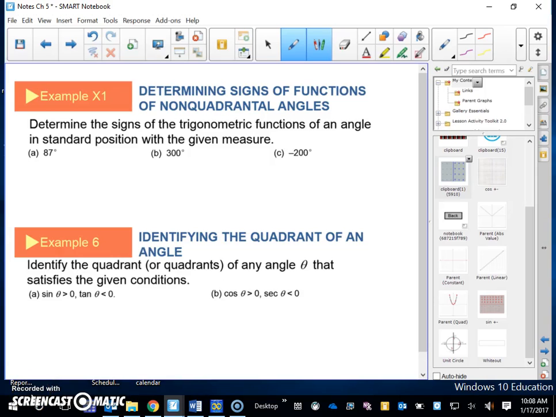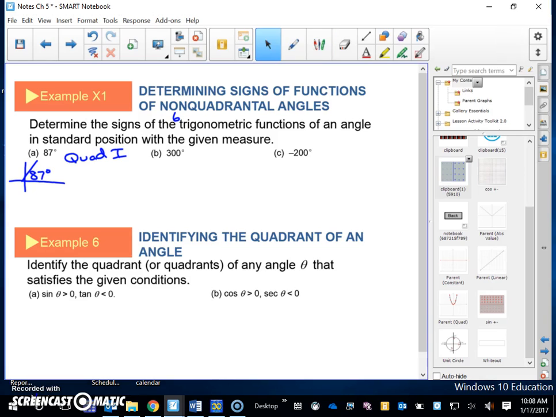Example 1: determine the signs of the trig functions of an angle in standard position with a given measure. So I guess it should say of the 6 trig functions, we're going to determine the signs of all 6 of them. We got 87 degrees. And what you want to notice is that 87 degrees is going to be in the first quadrant. That's a big deal, okay? Knowing where we are, which quadrant we're in, is a big deal